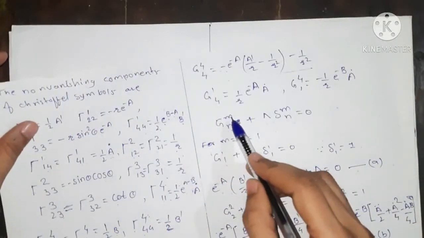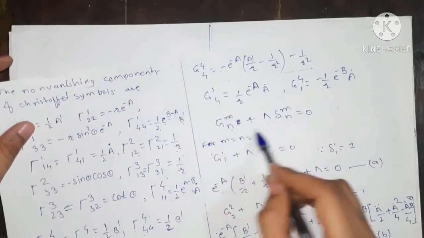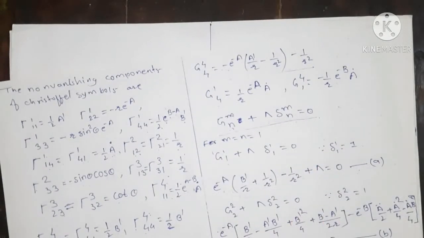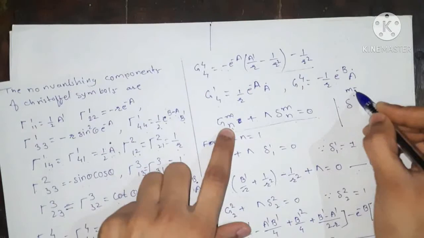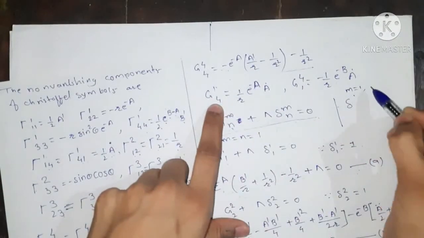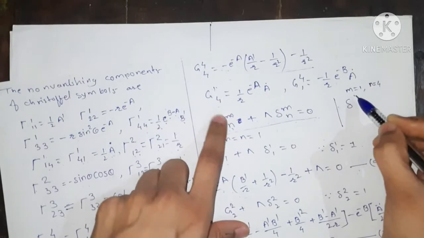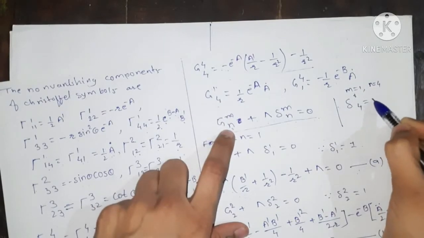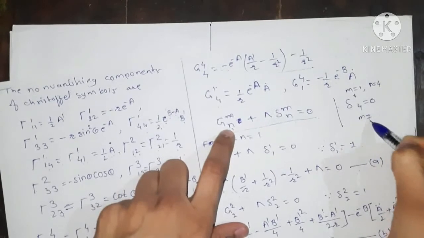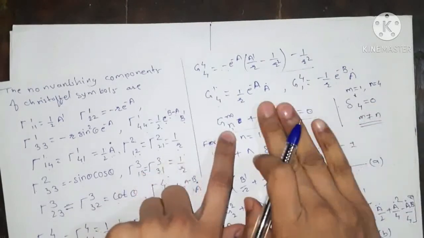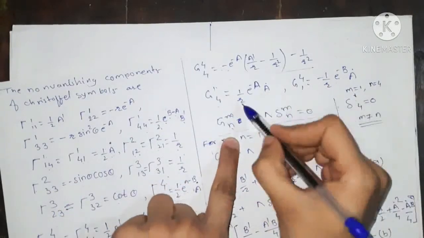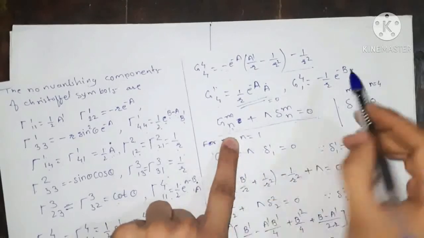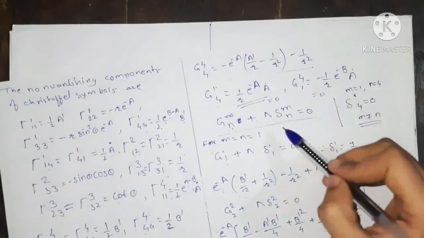Also for G14, we have to substitute now m equals to 1 and n equals to 4 in this equation. We require G14. So m equals to 1 and n equals to 4. So delta of 1 4 is equals to 0 because m is not equals to n. Okay, so Kronecker delta is 0. So this term is equals to 0. So we have only G14 equal to 0. Therefore, we directly compare this equals to 0. Okay, and also this is equals to 0 by the same argument.